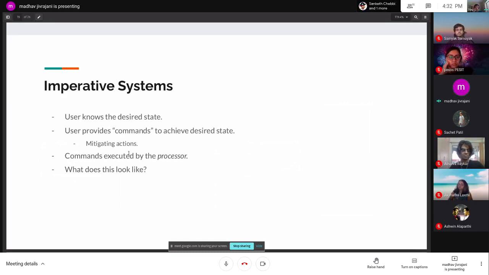And another important term here is something called a processor. So the thing which actually executes these commands that the user issues is called the processor. So you can think of it as your laptop or your PC or whatever. It has a CPU chip, and that has a processor, and you type a command. You develop a Python program where, say, you say print hello world, that gets compiled, that gets interpreted, and then finally you have a bunch of bytes or a bunch of bits which come out, and then you give that to the processor, and the processor actually executes this command. So that's what a processor is, and the same terminology is used here as well.